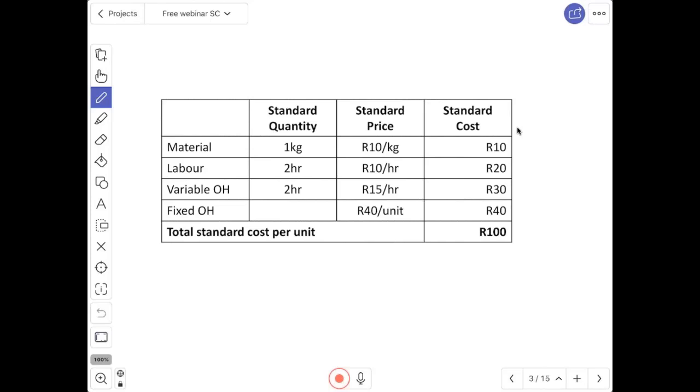But remember, we are management accountants, so we want to do something useful with standard costing. So standard costing is used to control costs. So for instance, say a car manufacturer, I know some of the major car manufacturers in South Africa, some of the German makes, use standard costing. And if you have a process or a product where you have a specific specification and you know what it should cost